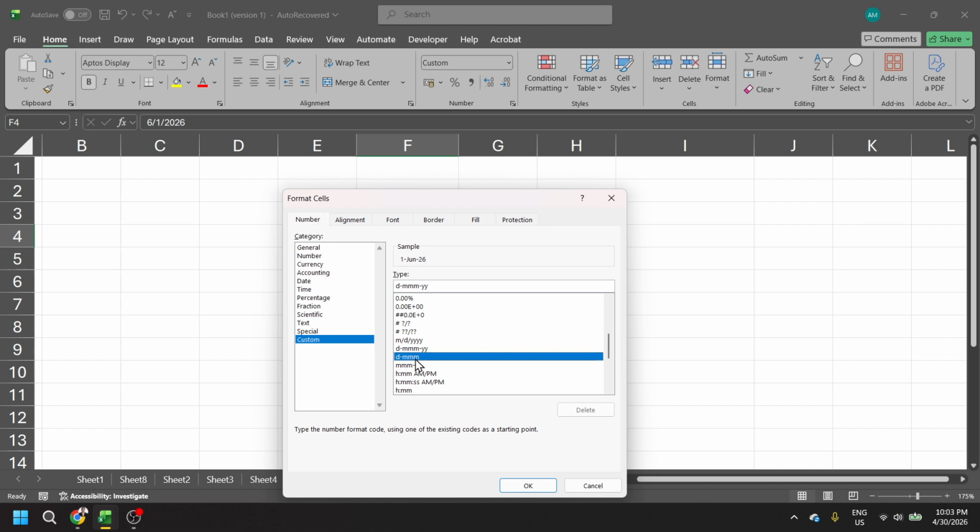In Excel's date formatting codes, D represents the day and M represents the month. Using DD forces a leading 0 for single-digit days, while MM forces a leading 0 for months. If you prefer words, MMM shows the three-letter month, like Jan or Sep, and MMMM shows the full month name, like January